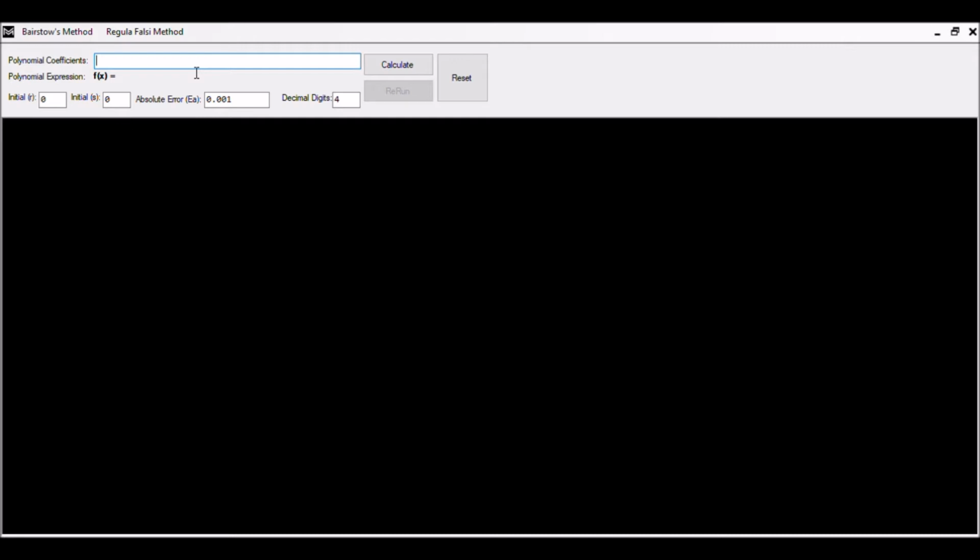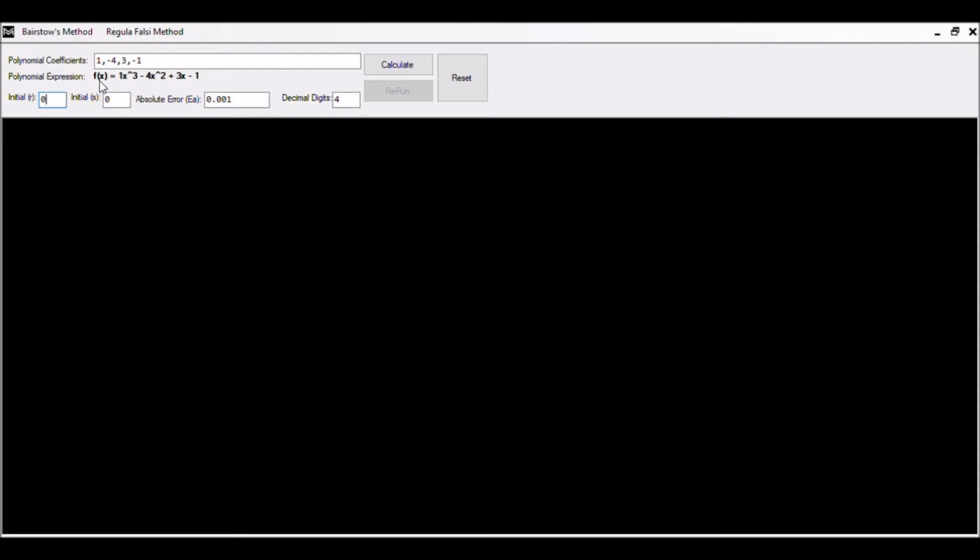we have to put here the coefficients: 1, which is the value of x, minus 4, comma 3, comma minus 1. So we have to put four values. After we click this, we can easily see that f of x is equal to 1x cubed minus 4x squared plus 3x and minus 1, because the machine is reading these values. That is how we put the values, and the machine automatically converts it into a polynomial